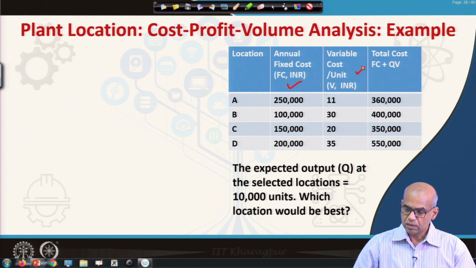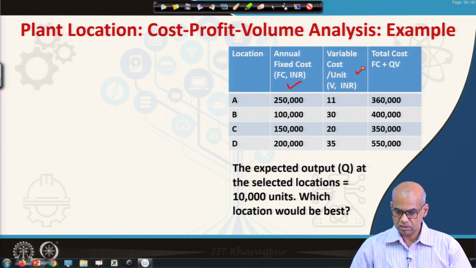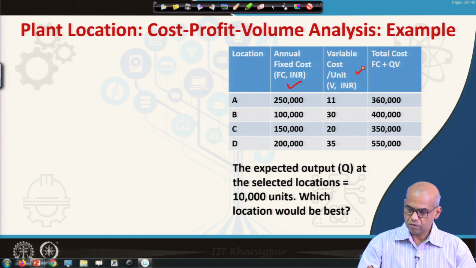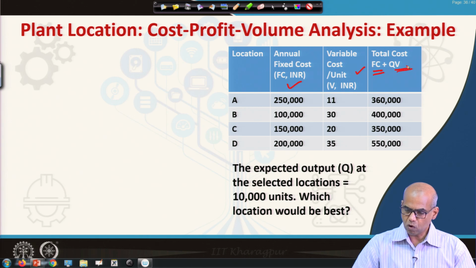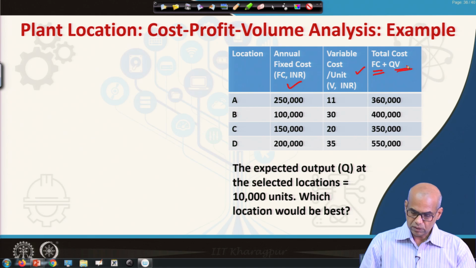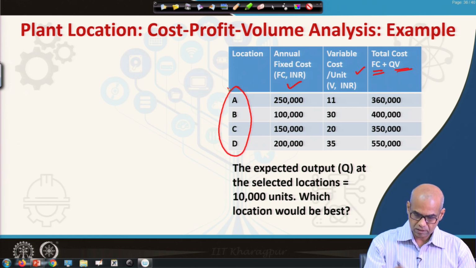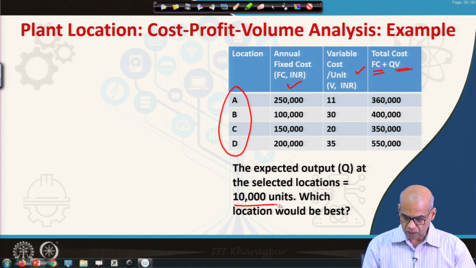And then you can find the total cost, which is fixed cost plus variable cost per unit multiplied by total units. Now, if we say that the expected output at each of these locations is 10,000 units,